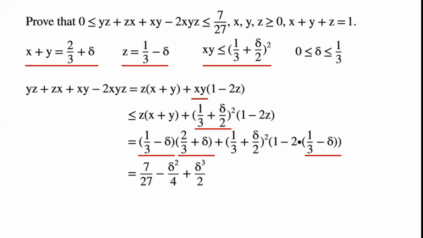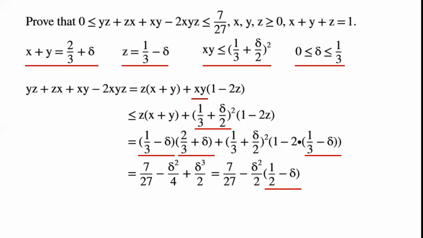Now we simplify this algebraic expression on the right-hand side of the inequality. We can now write: equals 7/27 minus delta squared over 4 plus delta cubed over 2. Minus delta squared over 4 plus delta cubed over 2 can be written as minus delta squared over 2 times (a half minus delta),